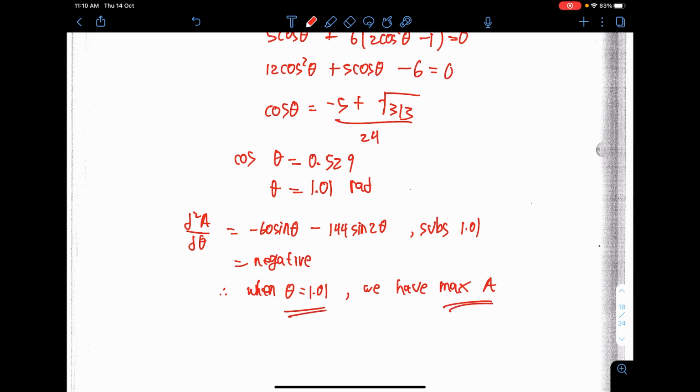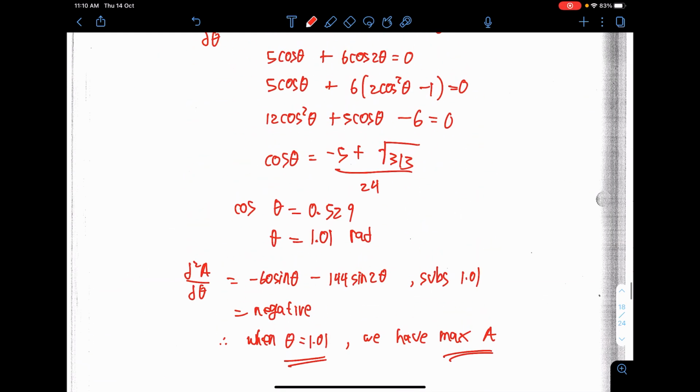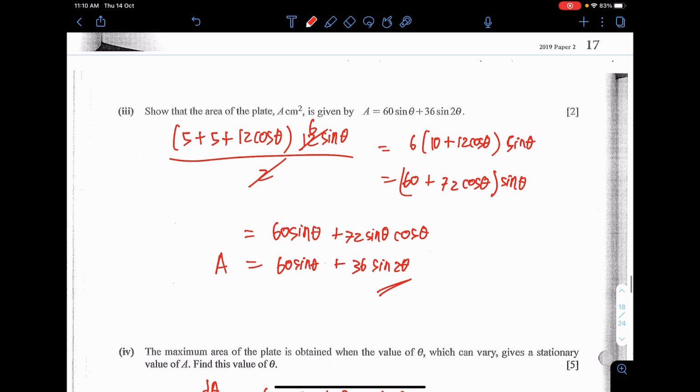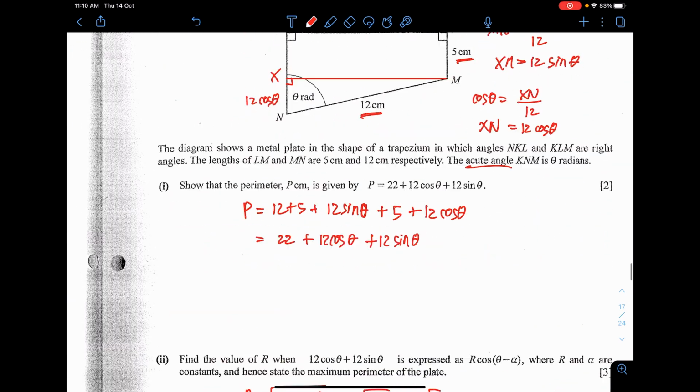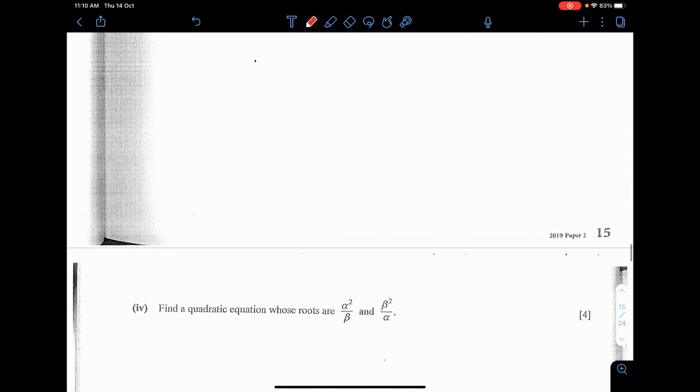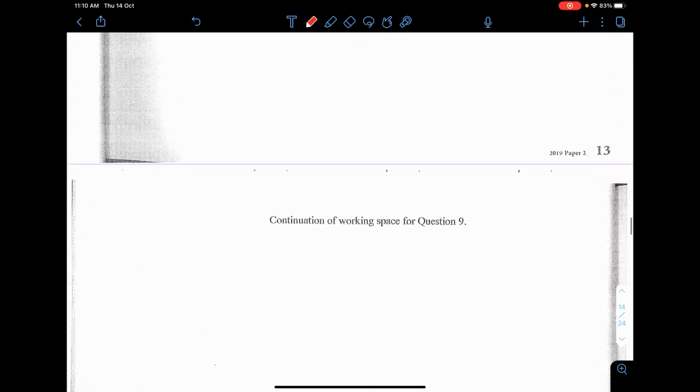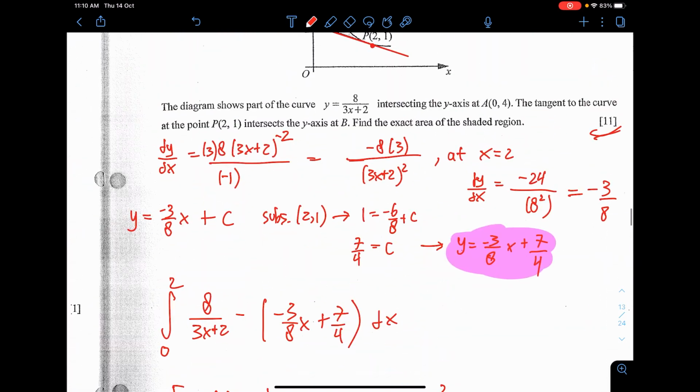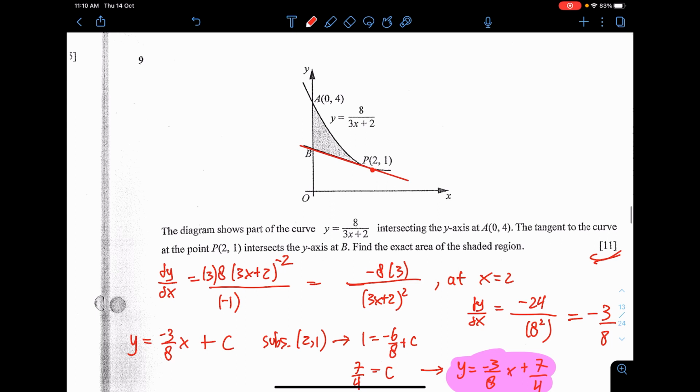Yes, I think that's it for this paper. Quite a long one. So, just get prepared for the O-level paper. I think most of these questions are a good chunk of a question. Just now we did the question that has 11 marks and so on. Those are the questions that you need to be aware of. Try to do it carefully, get as few careless mistakes as possible, and hopefully there's no error carried forward.